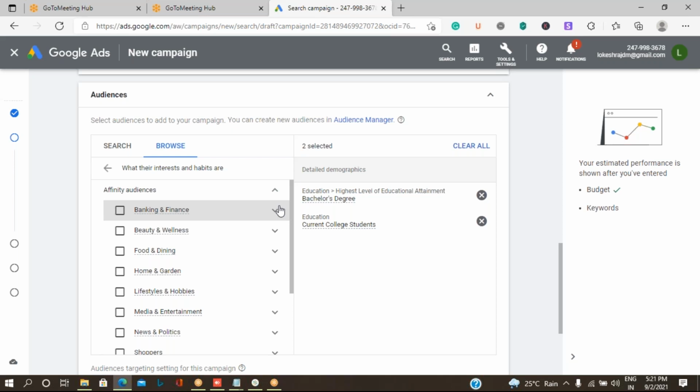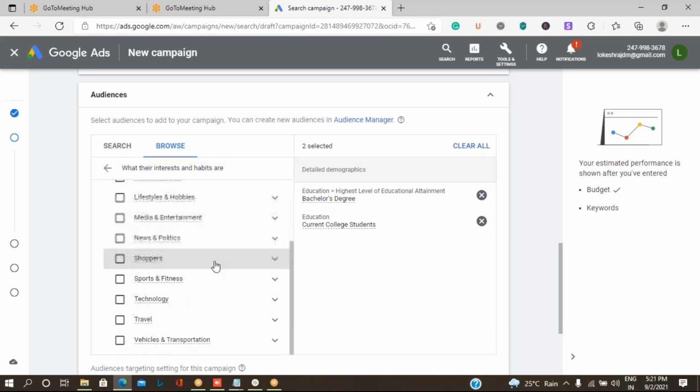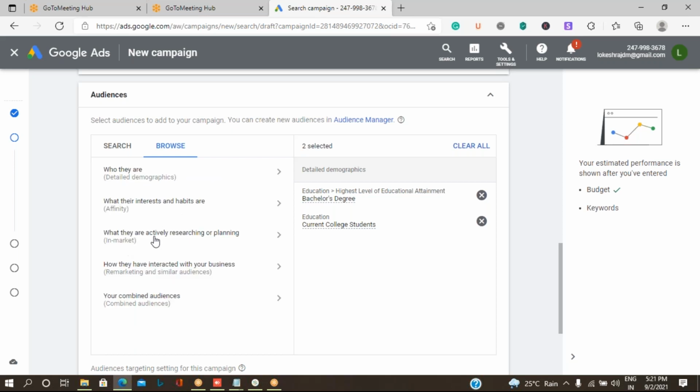So please select whichever audience types are applicable to that particular ad. In this case, affinity is not going to be my selection, so let me go back. I may select from the in-market audience types.